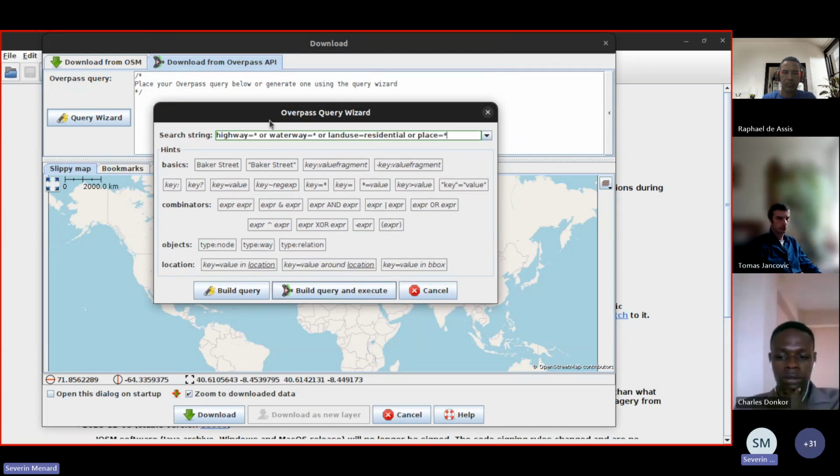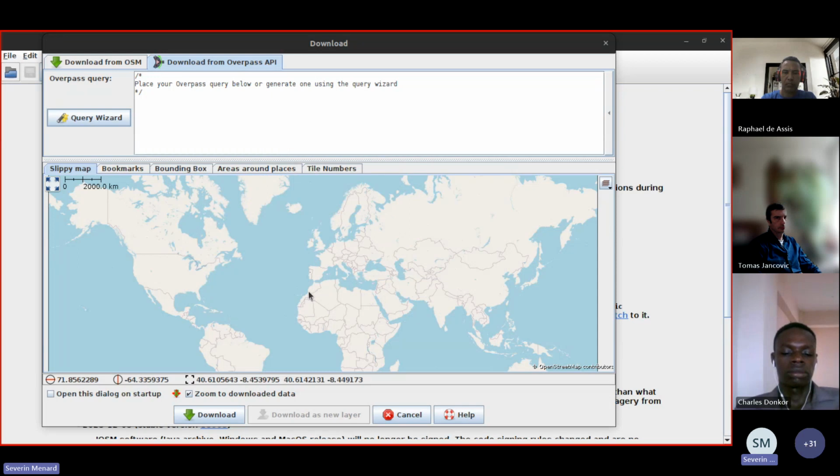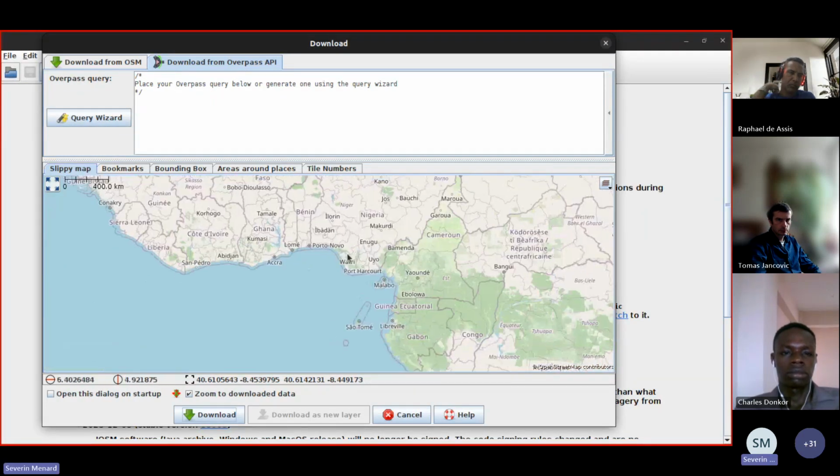So the first one is I want to retrieve the highway or the waterways or the land use residential or place. Okay. For me, I retrieve all the data of interest more or less for UN Maps: highways, waterways, residential land use, not any kind of land use, just the residential ones, and the places. And of course, I need first to